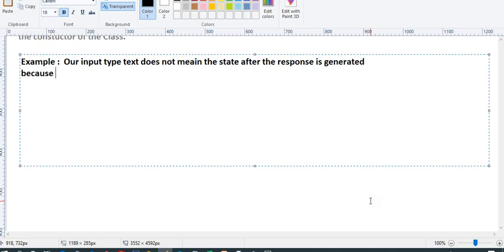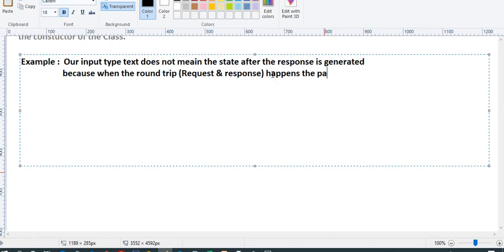Because, why? Will you please tell me? Because, what should I write after because? Because when the round trip means request and response. So that's why I write round trip. When the round trip of request and response happens,